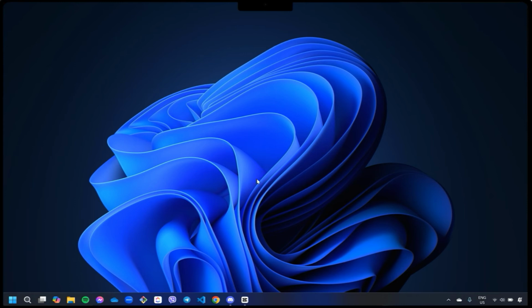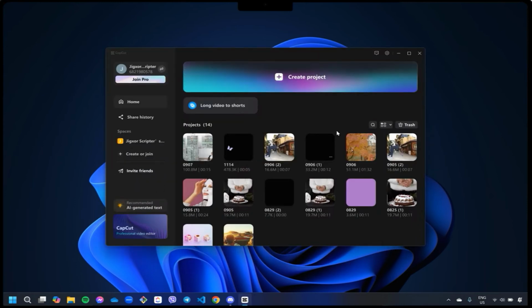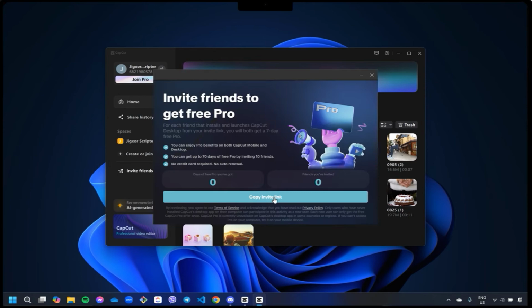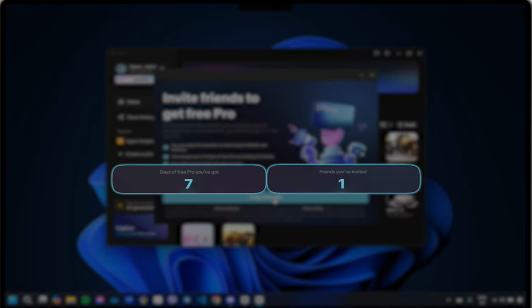To get started, log into your CapCut Desktop account. Navigate to the Invite Friends option in the left sidebar and copy your unique referral link. Once your friend installs CapCut Desktop using your link, you'll both get 7 days free access to CapCut Pro. You can even share this link with up to 10 friends to earn up to 70 days of free premium